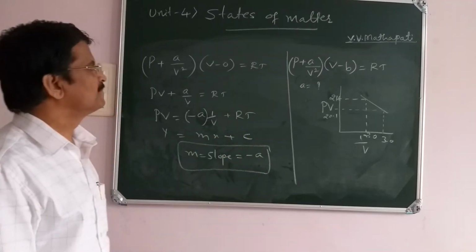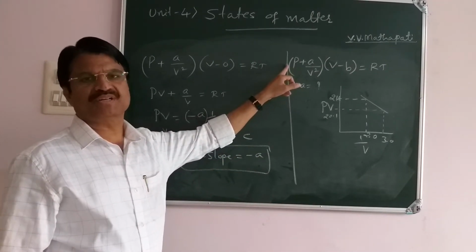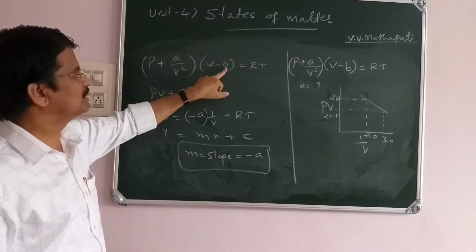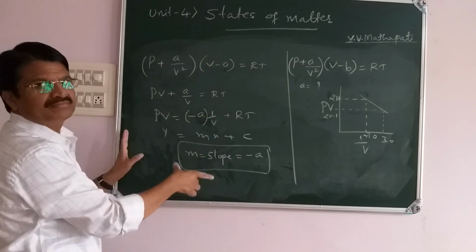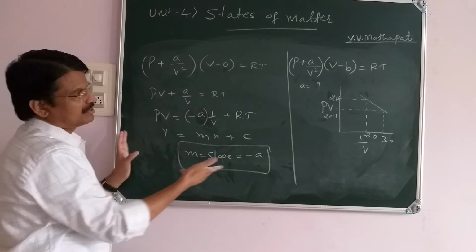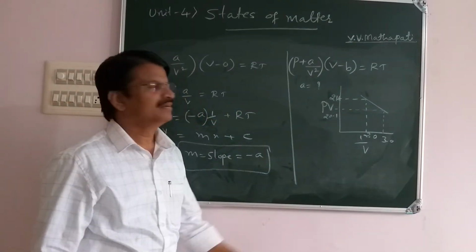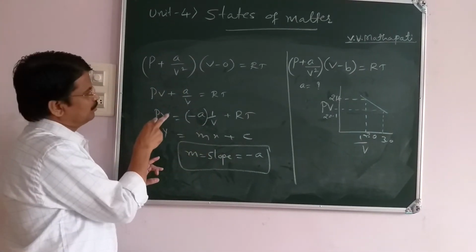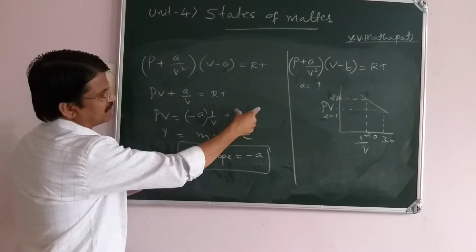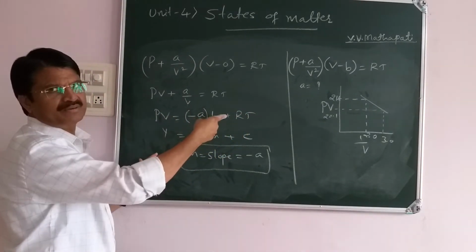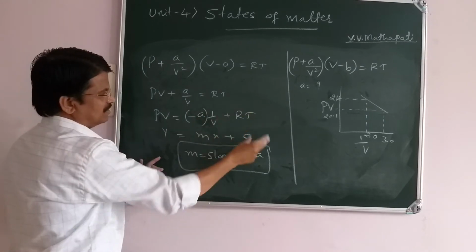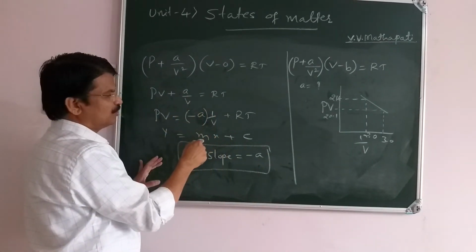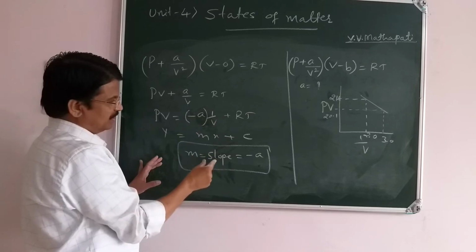To see once again, I used the van der Waals equation for 1 mole of a gas. Write it first, and the B value given in the question is 0, substitute and rearrange like this. Convert this into a straight line formula, because here they give a straight line: y equal to mx plus c, PV equal to mx plus c. C is constant because T is constant at 300 and R is constant. The variable is 1 by V. And m, it is not mass, it is slope. Therefore, slope equal to minus A.